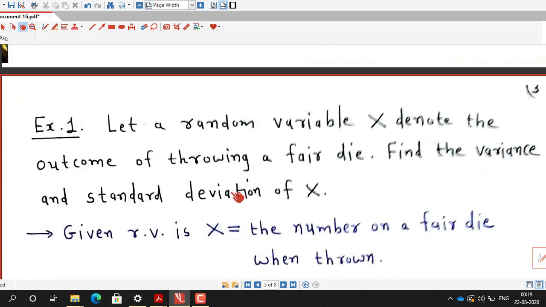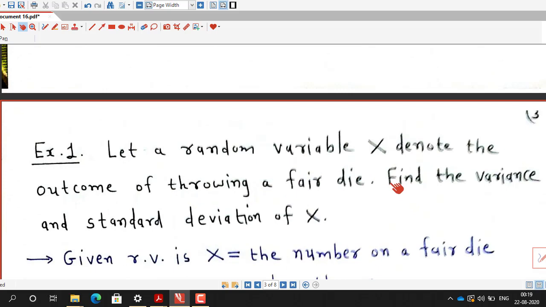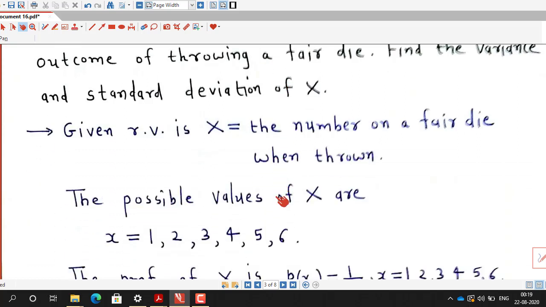So let us take one example. Let a random variable capital X denote the outcome of throwing a fair die. Find the variance and standard deviation of this random variable. So here the random experiment is throwing a fair die. There are 6 possible outcomes, and capital X denotes the outcome of throwing a fair die. So the possible values of x are 1 to 6,